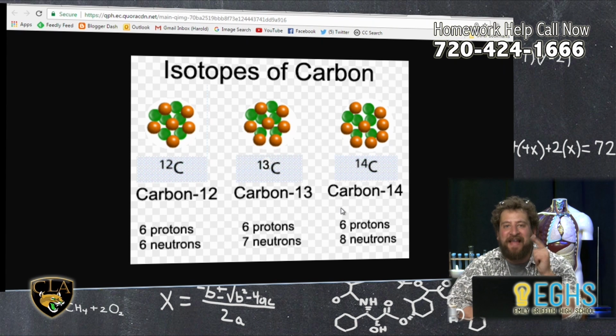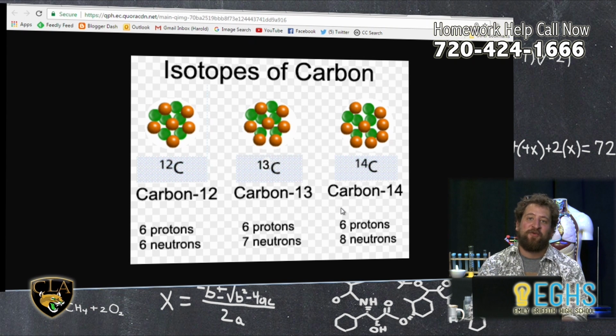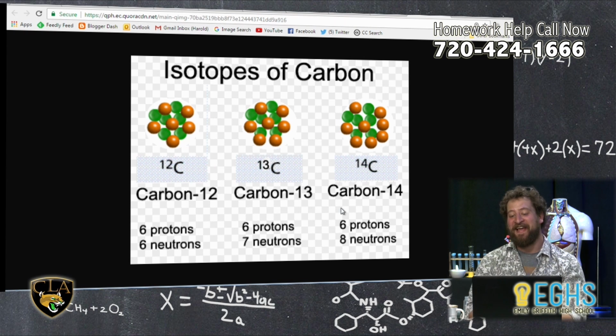Carbon-13 and carbon-14 are less stable examples of carbon, and so we do get radioactivity from these forms, from carbon-14 for example, and we actually do radioactive dating using carbon-14. Something I haven't totally gotten into is the idea that radioactivity happens at a really consistent rate. Atoms break down. They have what's called a radioactive half-life, and the time it takes for carbon-14 to break down to carbon-12 is consistent. It's a time that we can count on.